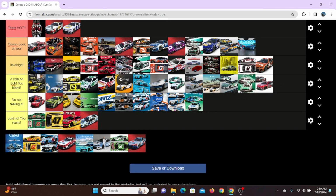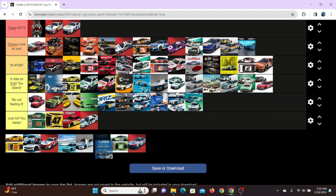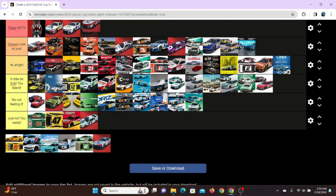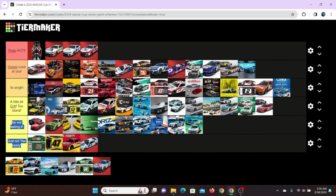If that's the paint scheme I think it is, I don't remember the name, the circle drinking car thing. It has all the fruit and stuff on it. Oops, what did I just do? We're gonna put it, alright. The Valvoline 5 car, that one's pretty sick. I'm not gonna lie, it's kind of funny. I'm not the biggest Hendrick driver person, but legitimately, two of their paint schemes should be up here. This one probably needs to go down. Put it ahead of the Blue